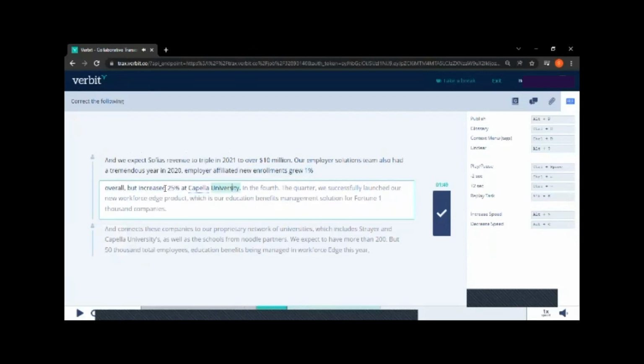So when you encounter a word that is dented with the blue dent lines, they are trying to suggest that this word may be in the glossary, and what you need to do is you need to confirm that the word is correct, or you need to validate that the word is correct. So what I'll do is you'll just right click on the word that is dented, and then you see here the suggested word is Capella. So if it's right, I'll just click on the word to validate. Capella University.